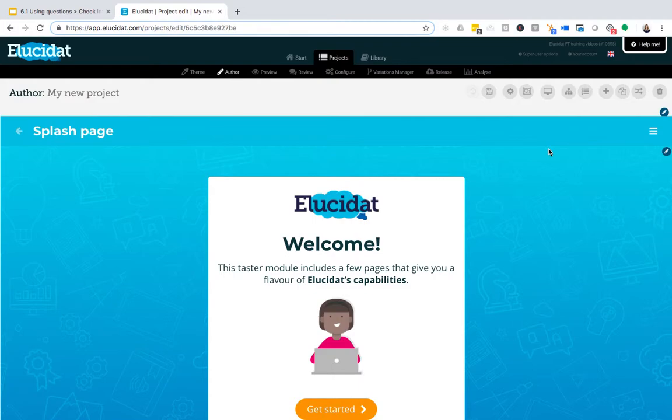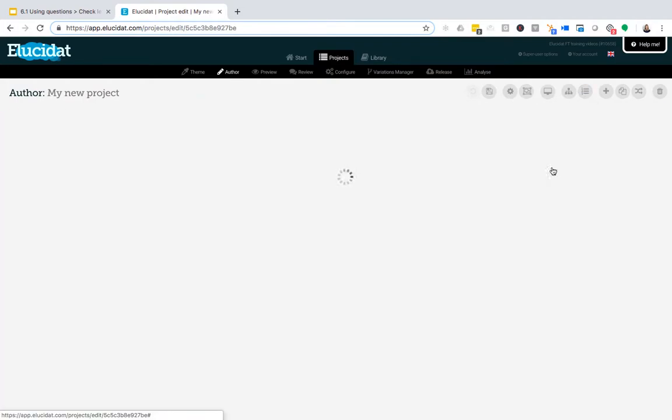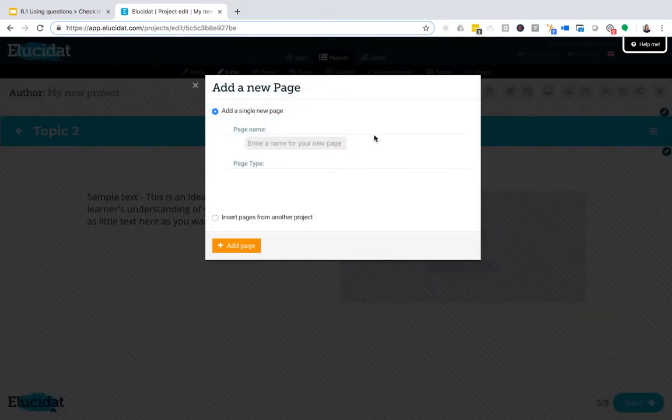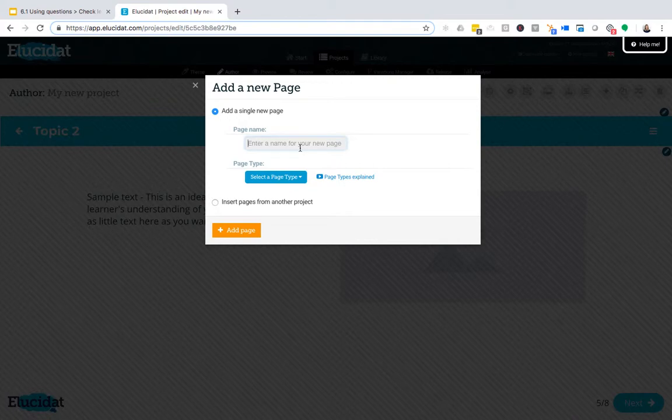Okay, so here we are in an existing Elucidat project that already has some pages in it. What I want to do is add a knowledge check question into topic 2. So I'm going to navigate to topic 2 first of all, so I can add my page from there. And I'm going to do that using the standard way of adding a new page. I'm going to give my page a name